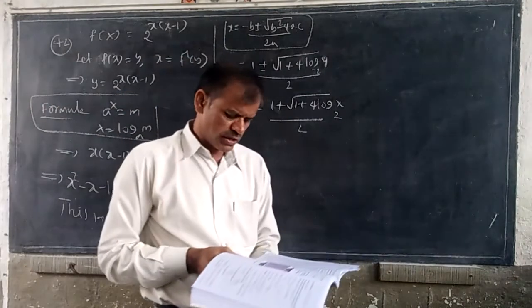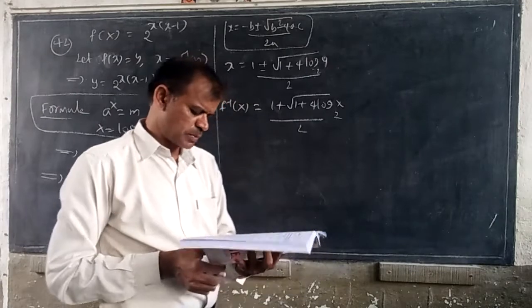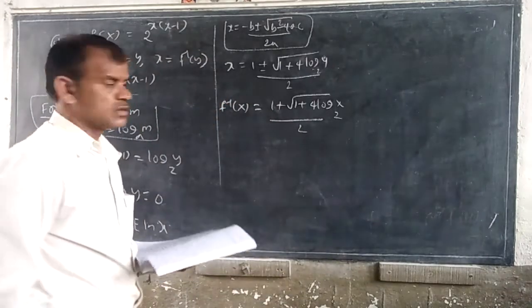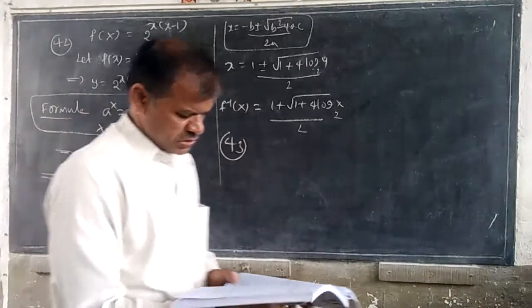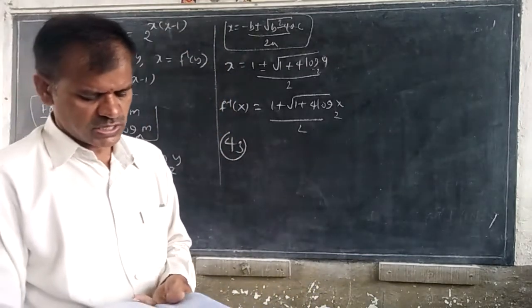1 by 2 totally taken, comma 4 log x base 2. Second option is the right answer. 42nd, second option. Now 43rd. 43rd, f of x is a polynomial, x greater than 0, satisfying...